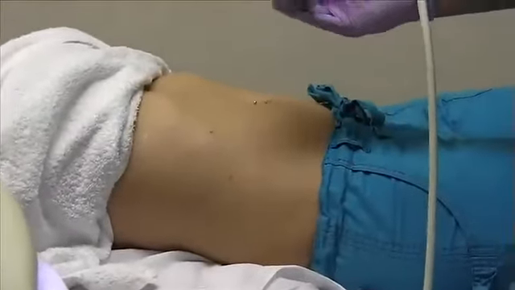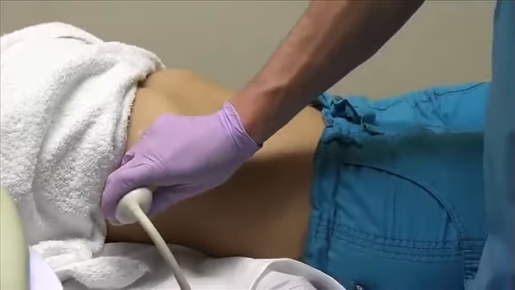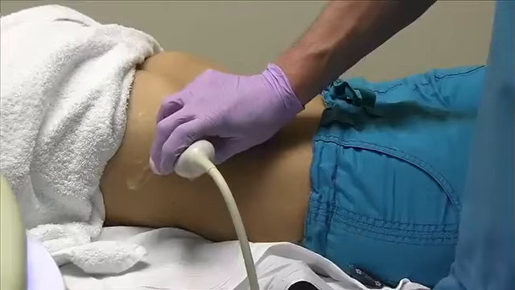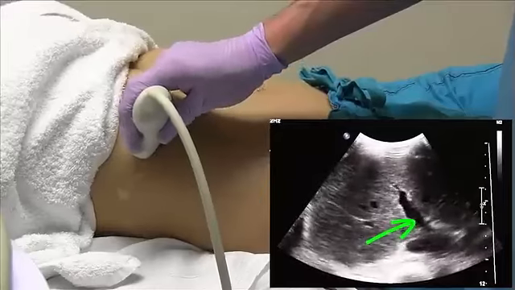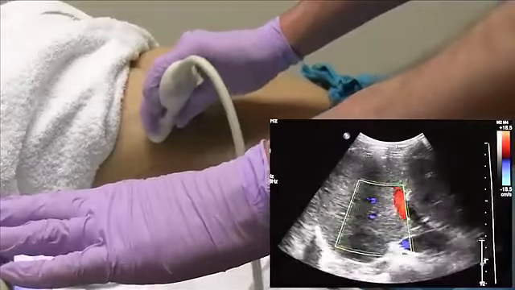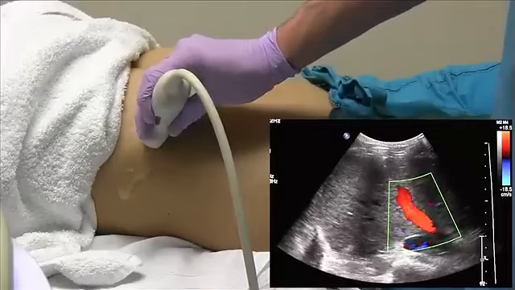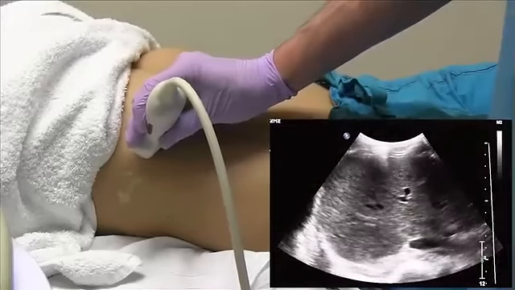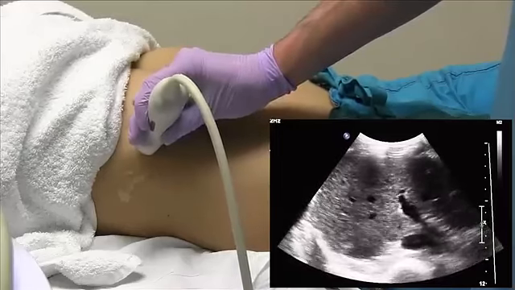Okay, another window we can use to get the porta hepatis and the CBD is this intercostal right window again. This is a good window if you're going to do any pulse wave Dopplers, because usually the main portal vein sets up at about a 60-degree angle. So you get good color fill, and you have an accurate pulse Doppler measurement if you need it. So once you find that main portal vein, which you look for the echogenic walls, you elongate it,